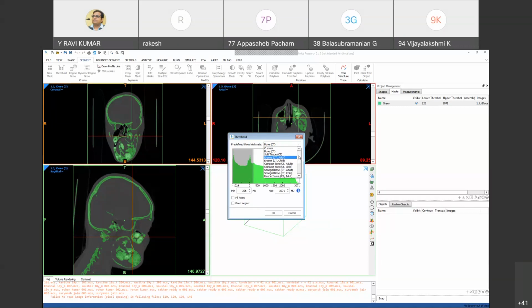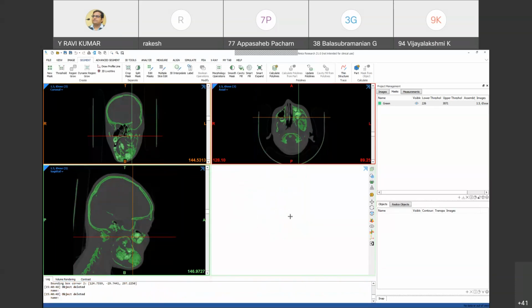The hardest material in our body is not the bone, it is enamel. So it will take the highest Hounsfield units. But after that, the bone. The bone takes 226 Hounsfield units to 3070. So based upon the density, the Hounsfield units were defined. After thresholding, you just click on OK.